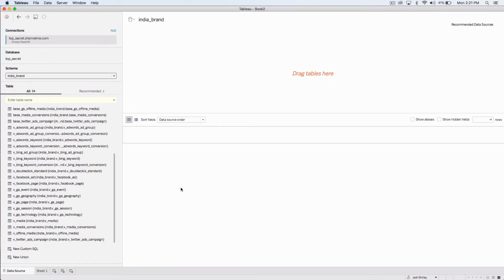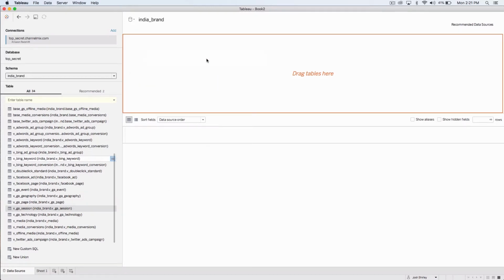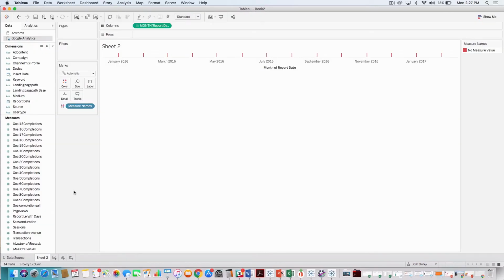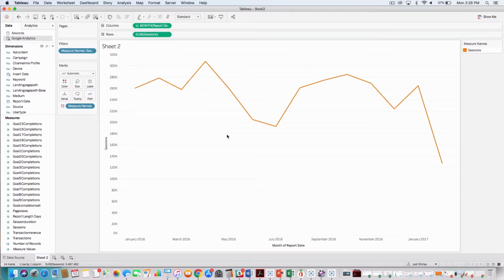So for example, we can grab something like Google Analytics sessions and start analyzing them here in Tableau. So now, as if this were a cooking show, I've just set up two different data sets by dragging them into the box, Google Analytics and AdWords, with the idea that someone at my company wants to understand how my campaign and marketing has affected some of the sessions on my website. So the first thing I'm going to do is drag sessions into rows to quickly understand how my sessions have trended over about 13 or 14 months worth of sample data.